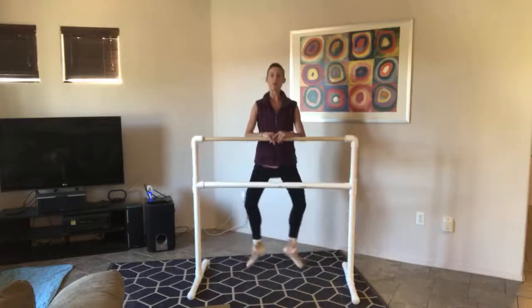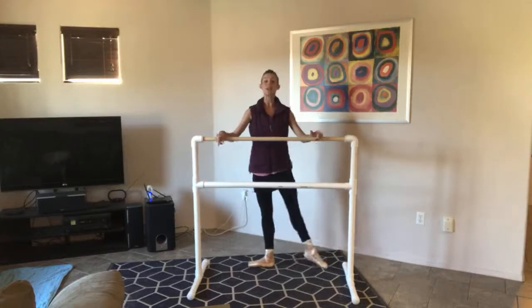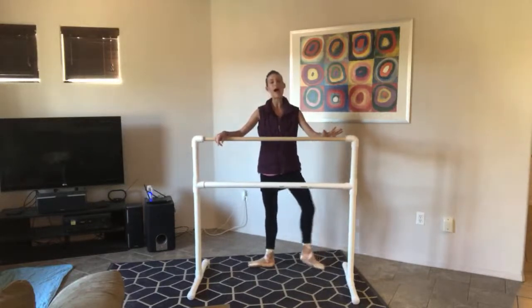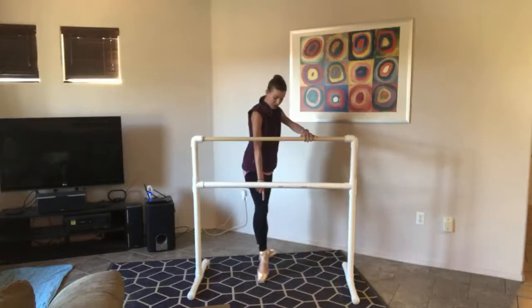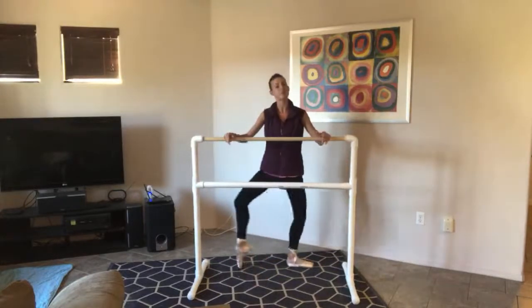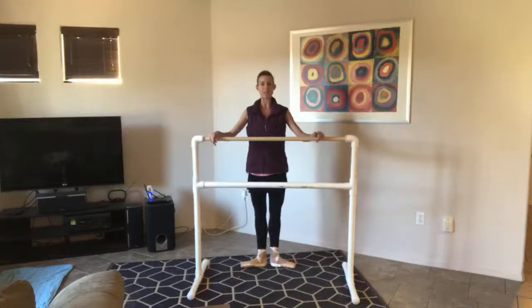reverse the roll through, plie, roll through, reverse the roll through again, tendu to second. Same thing in second here, half, full, half, down, half, push over and down. Other side, really making sure that we have that arch going over that second toe, not over the pinky toe here. Half down, half push over, roll through, reverse the roll through, reverse, tendu back to first, and then we'll